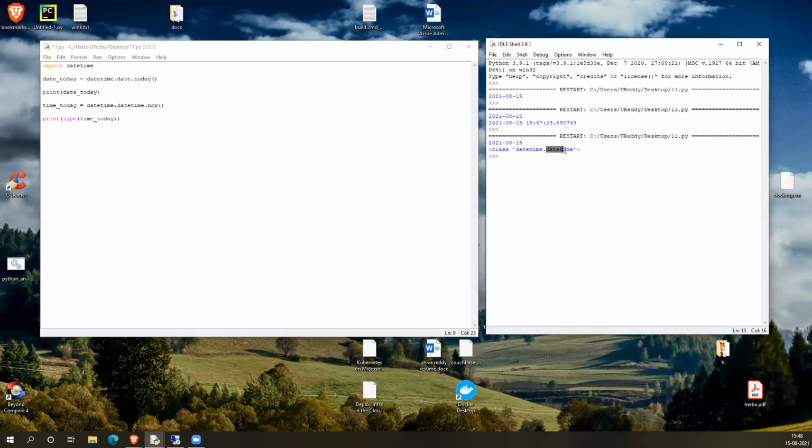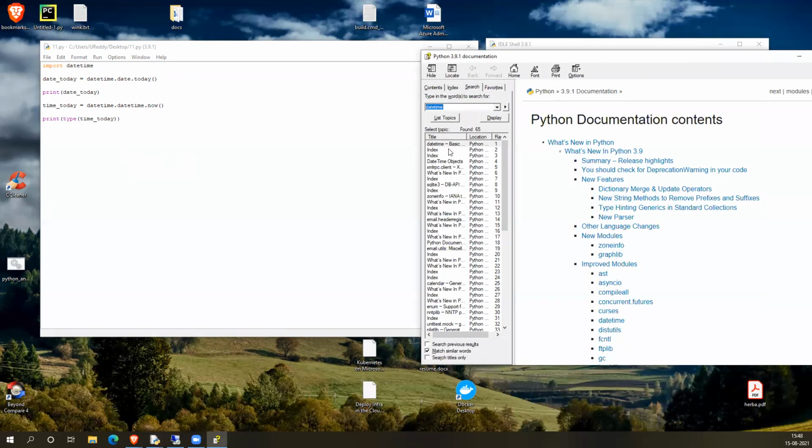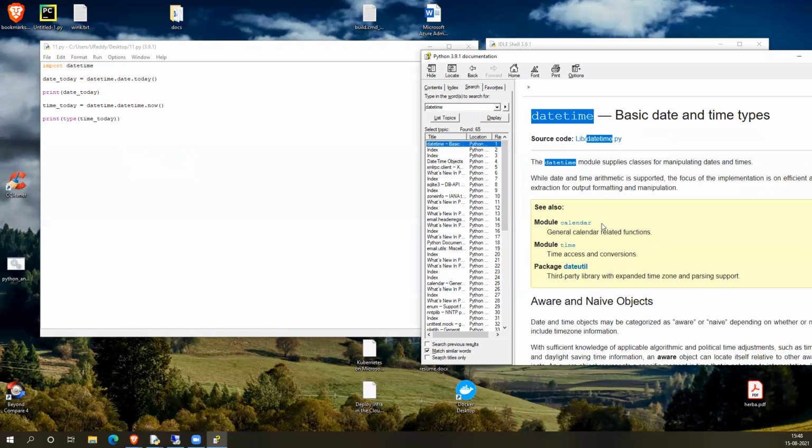Inside the datetime module, there is a datetime object. Right? This one. Help, Python docs. It will open the documentation. Here also you can search datetime basics. You can get documentation here.